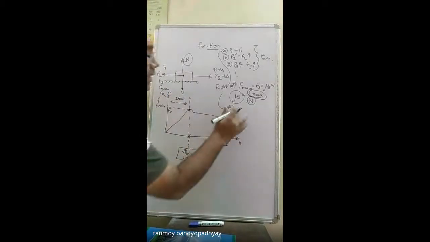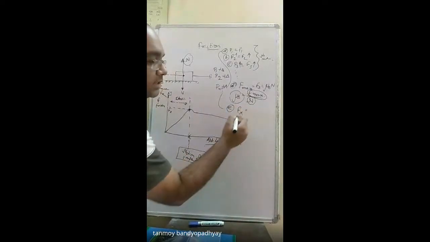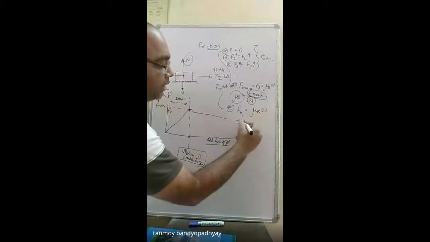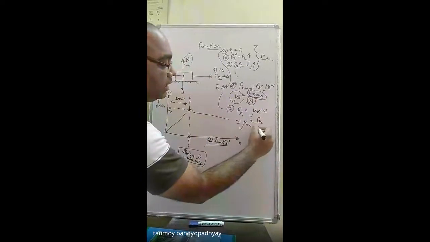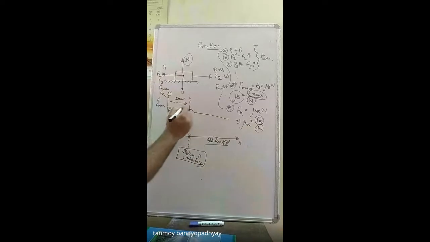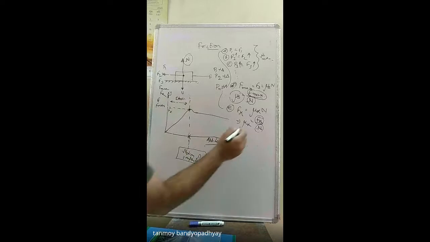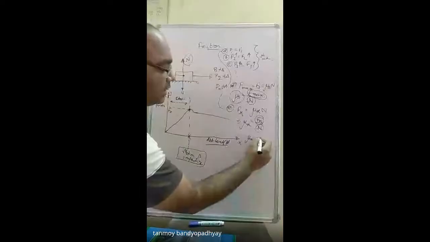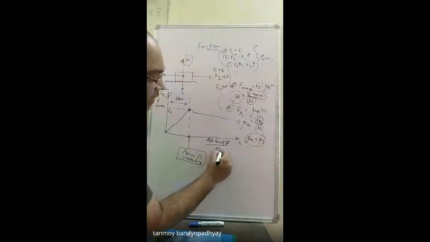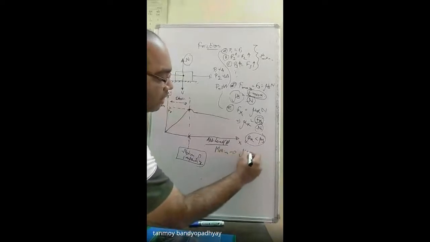In that case, we call the friction the kinetic friction. So Fk will be equal to mu k into N, and again mu k will be equal to Fk divided by N. N is a constant and Fk is somewhat less than Fs. So mu k is somewhat less than mu s. When there is motion, we have to take the value of mu k.